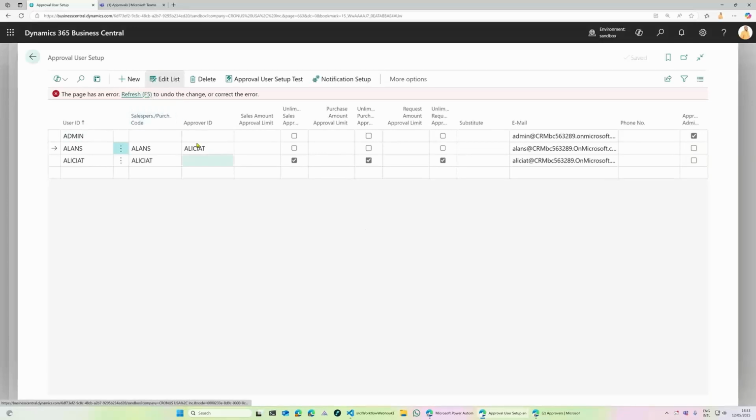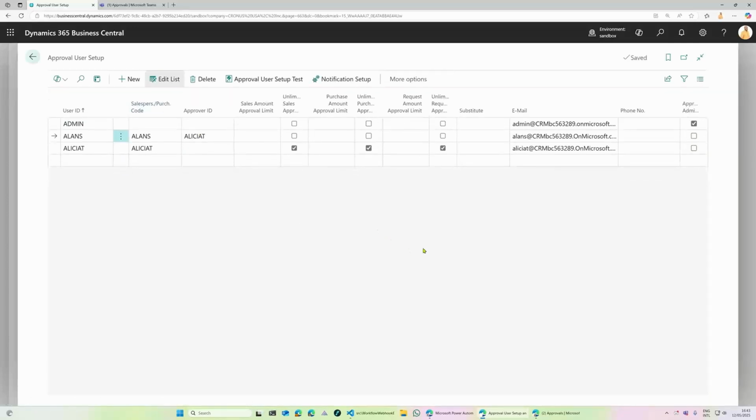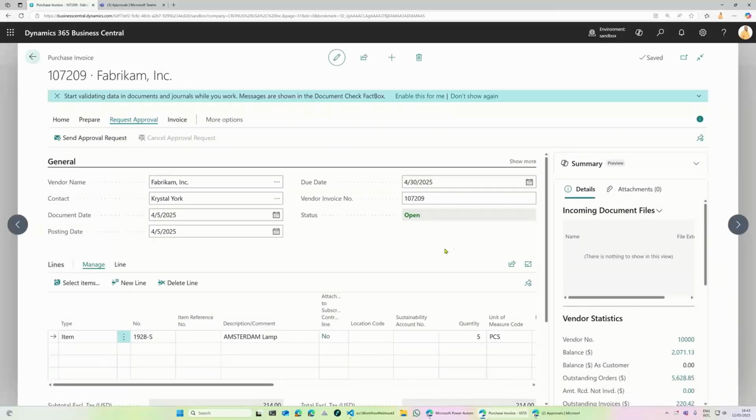Don't ask me why, because I think it could be useful to have multiple. Because what if the user goes on holiday? You also need to change the approval admin all the time. So that's not really funny, and I don't see any problem in having multiple approval administrators. But yeah, it is what it is out of the box at least.